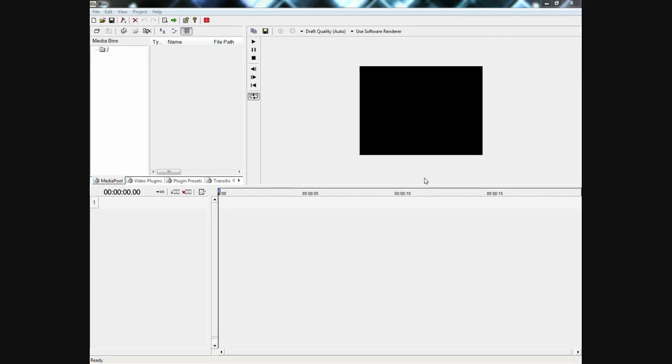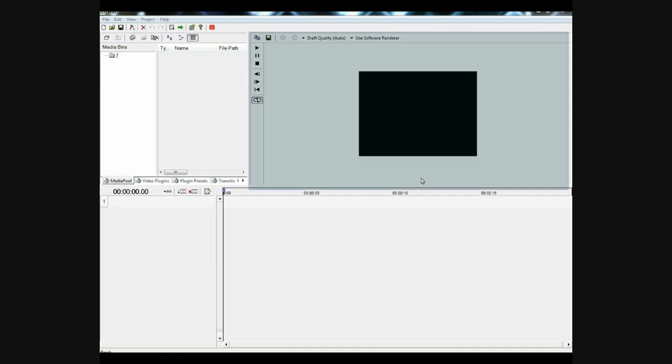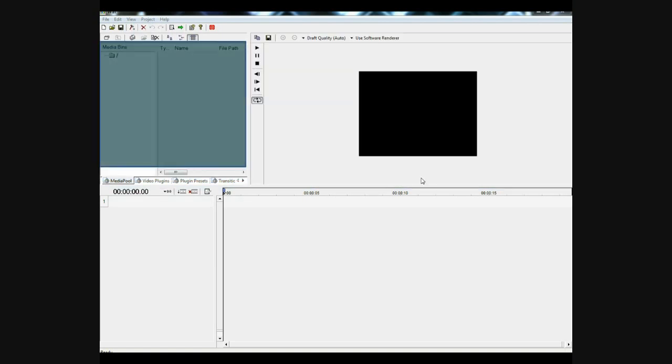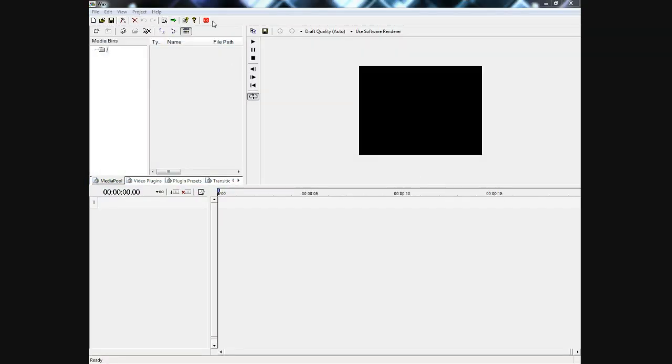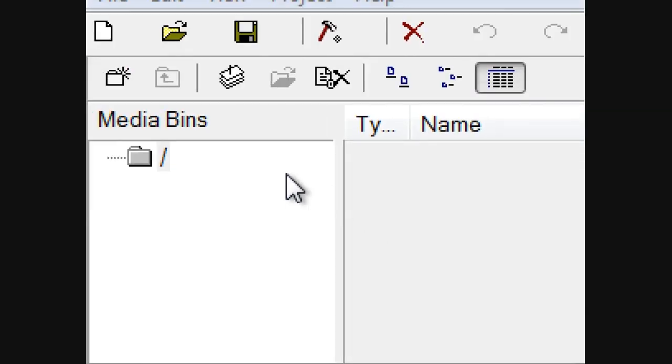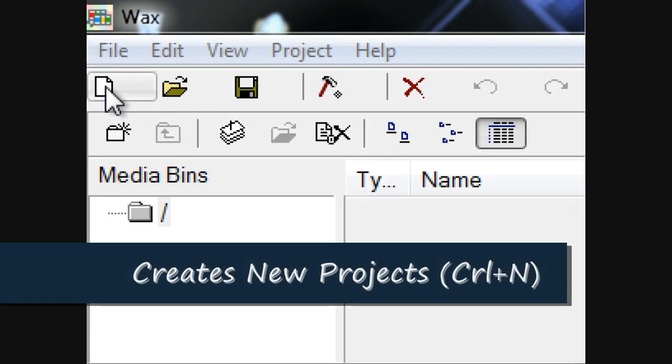This tutorial is only going to focus on some of the basics of Wax 2.0, and I'm going to be covering as much as I can, so let's get started, okay? So we're going to be covering mainly three things: the toolbar buttons, the preview window, and I'll be teaching you some basic organization techniques. Alright, starting with the buttons, we have the create new button to create new projects in